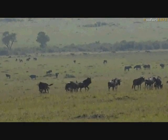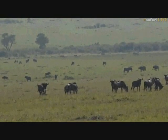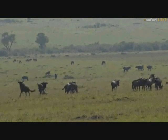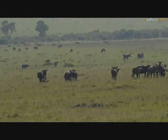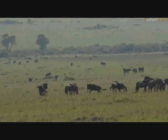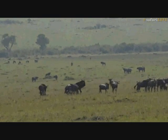Now, a lot of what's happening is boys chasing the girls. And it is probably one of the most funny things to witness. And Jamie has actually begged. She wants to do a commentary on a male wildebeest trying to chase off males and get lucky at the same time. So I'm not going to go into too much detail about it, and I'm going to let Jamie do the next segment, all about the